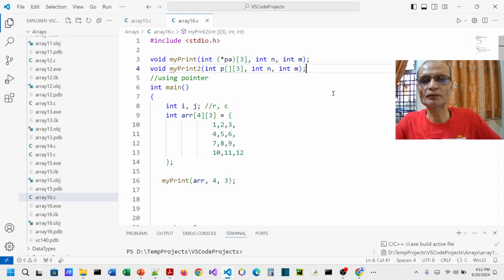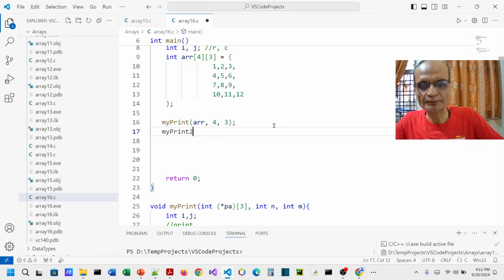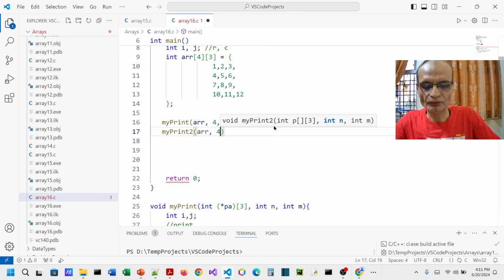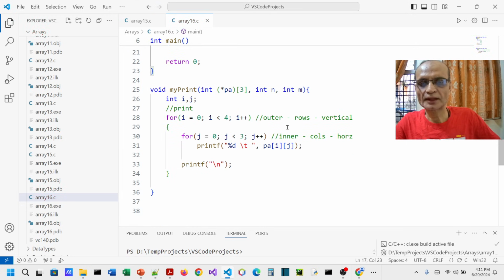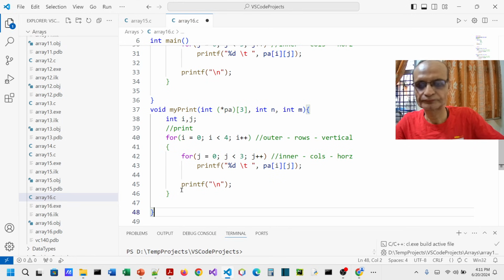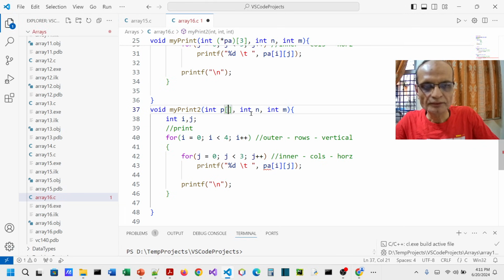Okay, now I can code this function directly. I can call this function myprint2. Again here you need to send arr, 4 rows and 3 columns, and now I can have this function myprint2. Let me just copy this. This is a myprint2 function, and now I don't require this, but I can simply use